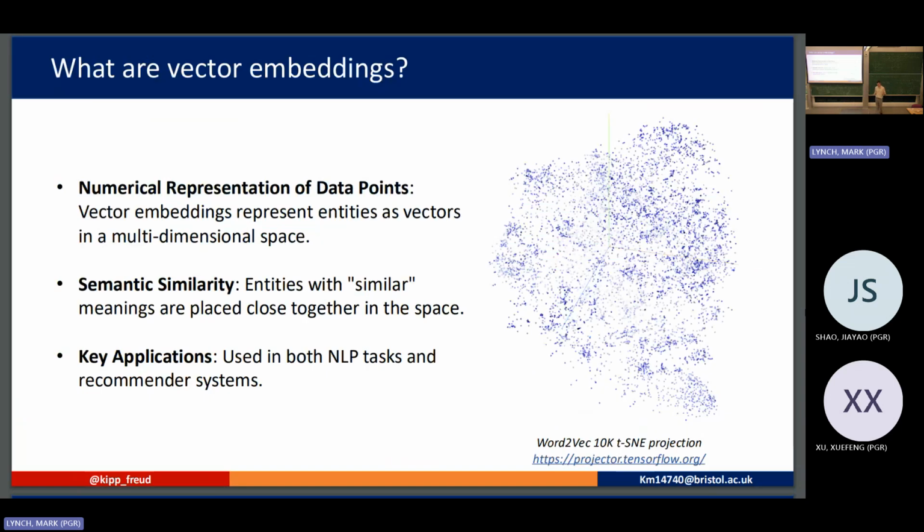vector embeddings. A vector embedding is essentially any numerical representation of data points in high-dimensional vector space. So these are commonly used in things like natural language processing, but also in recommender systems. The idea behind these vector spaces is that entities with similar semantic meaning will end up in similar positions in this vector space. What we can see on the right here is a vector space of a vocabulary, a vector space where each of these distinct nodes represent distinct words in a vocabulary, and words with similar semantic meaning will